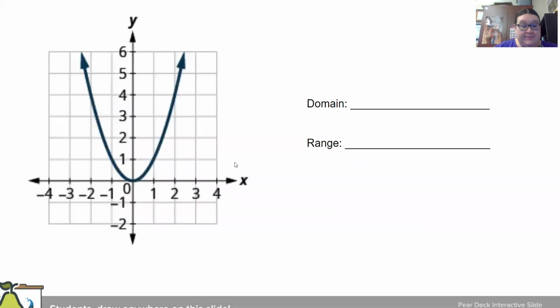All right. And then this one here, so with our domain, the arrow left and the arrow right means it continues forever left and continues forever right. So we would say for our domain, it's going to be all real numbers, or negative infinity to positive infinity. And then for our